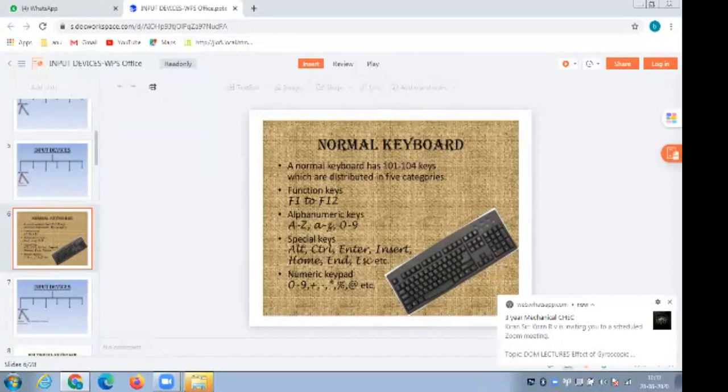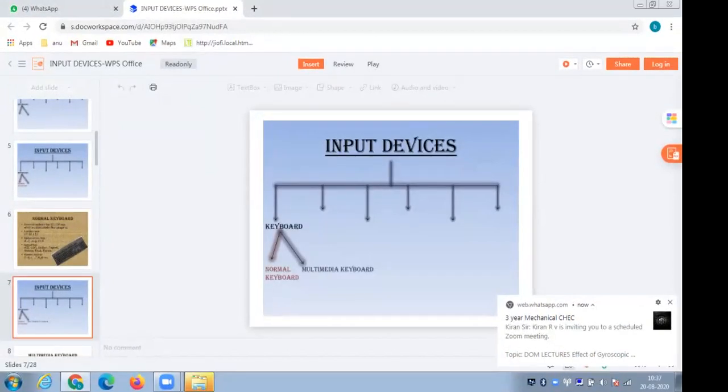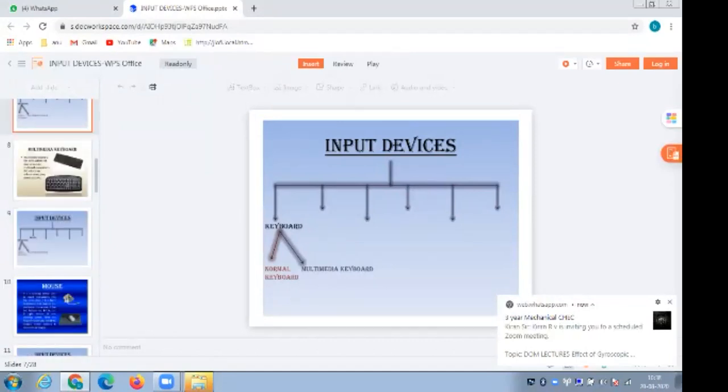Now coming to the second type of keyboard, the multimedia keyboard. So the keyboard is distinguished into 2 types: the normal keyboard and the multimedia keyboard. Now I show you how the multimedia keyboard appears.